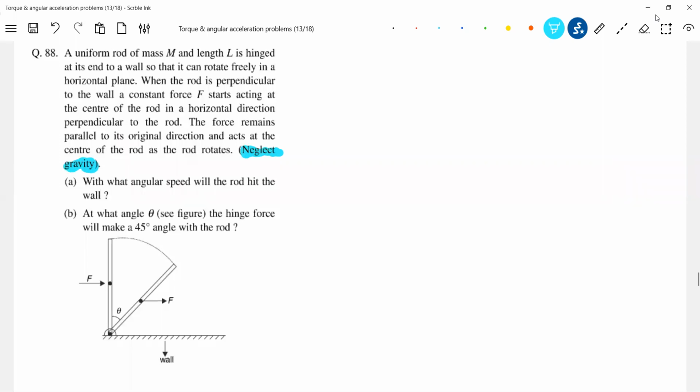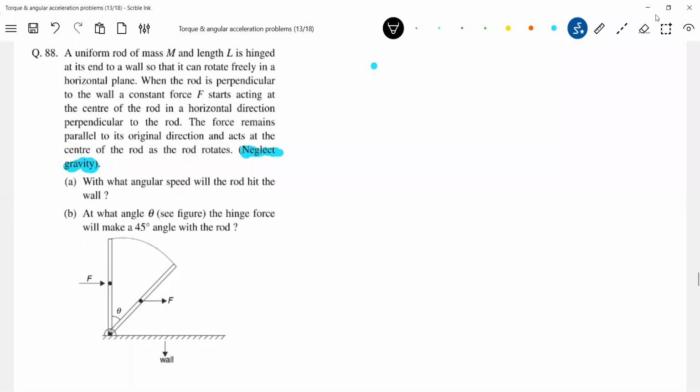You just take a pen, hold it at one end, and at the other end you apply a force. And how should that force be? It should always act along the positive x-axis. Then with what angular speed will the rod hit the wall? What is the displacement of center of mass? R by 2. So F into R by 2 should be equal to,